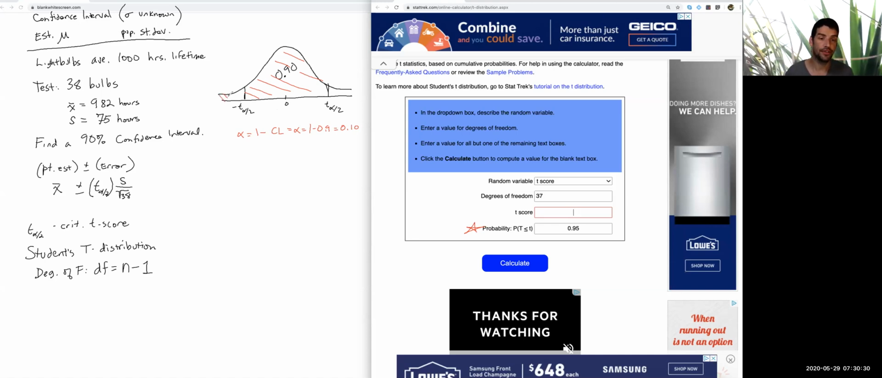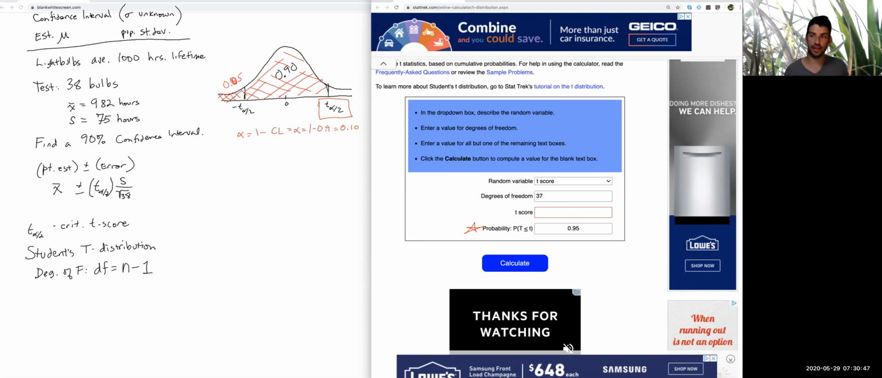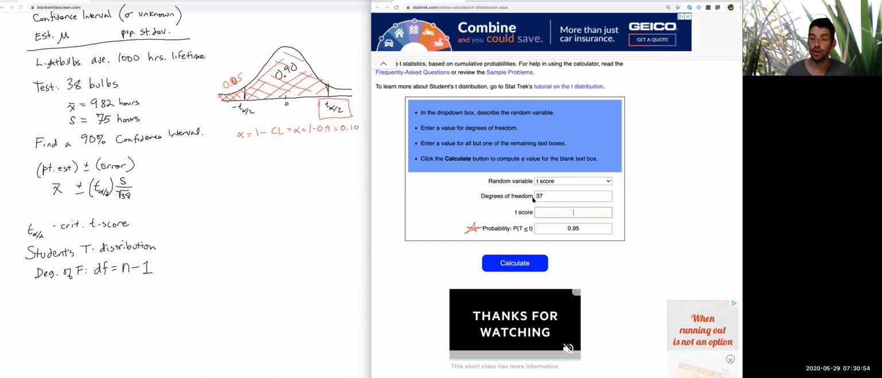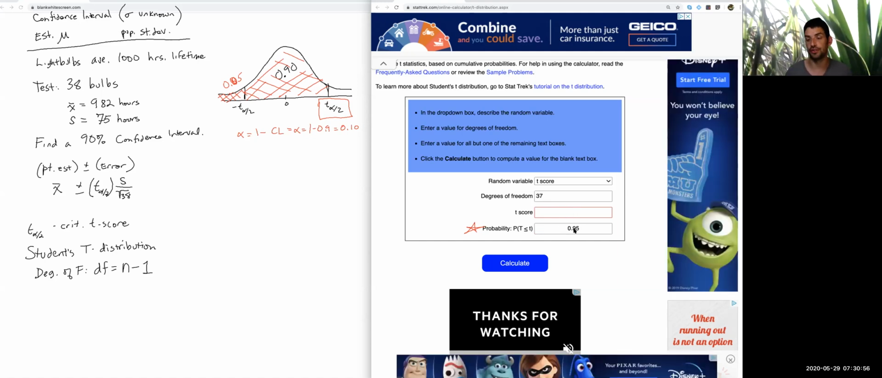Well, that means if there's 0.10 left in the tails, there's 0.05 in this lower tail. So now looking at this t-score here, the upper one, how much area is below it? There's this whole 90% plus this 5%. So there's 95% of area below it, right? So I'm asking this calculator to find the t-score with 37 degrees of freedom so that there's 95% of the area below it. And what we will find,